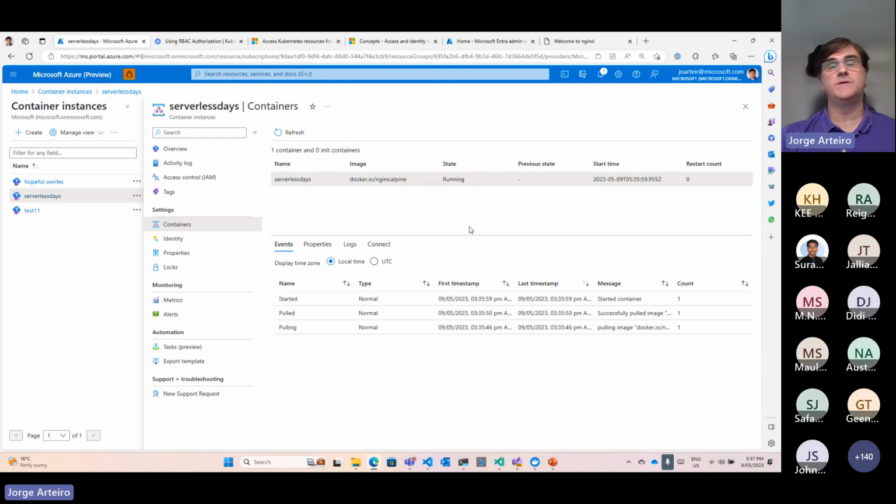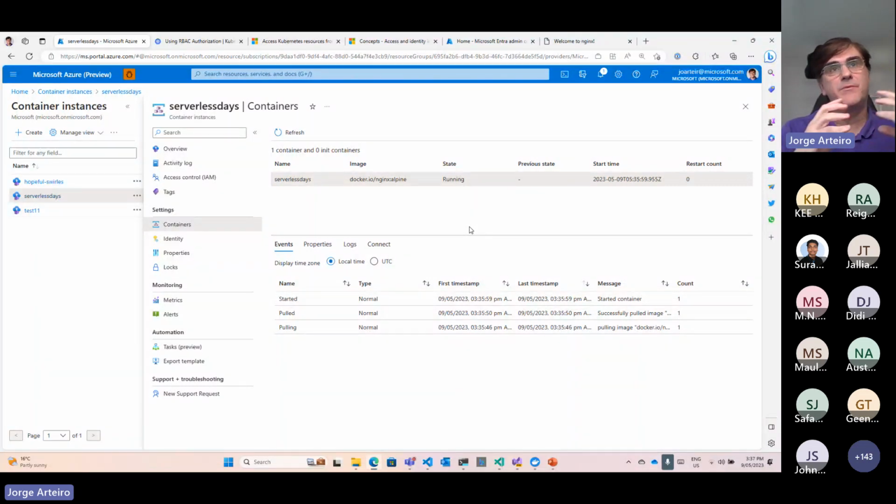And by the way, on Azure Container Instance, you can run more than one container. You can have multiple containers running together, sharing the same namespace. Remember, I was talking about isolation. On Kubernetes, you can have multiple containers running on the same isolation. In case you want to break your microservice or your application into components, you can run in multiple containers, but all running on the same namespace. That's what a container instance is: a namespace where you run one or multiple containers for you.